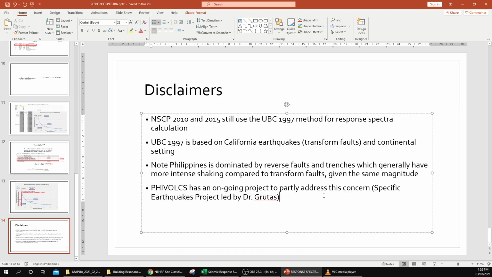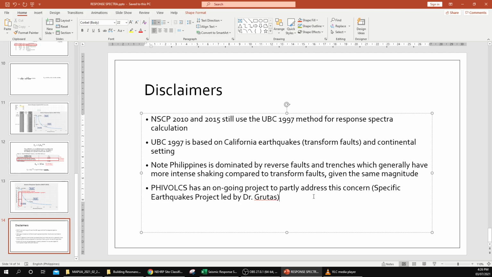And of course, the responses are also based on actual earthquakes that have happened in the Philippines, and not those based on Californian earthquakes. So I hope that partly explains why NSCP is a rather old method to use,